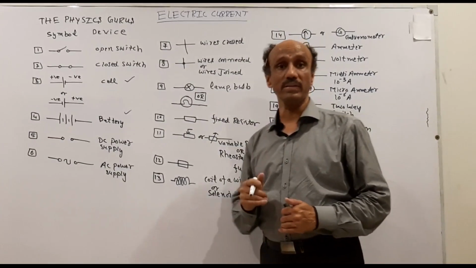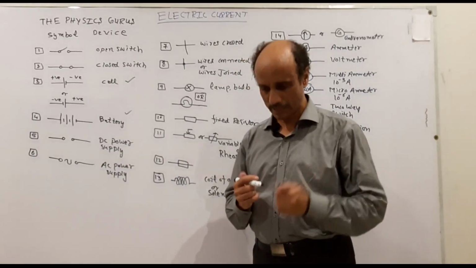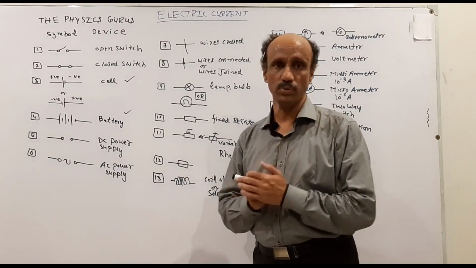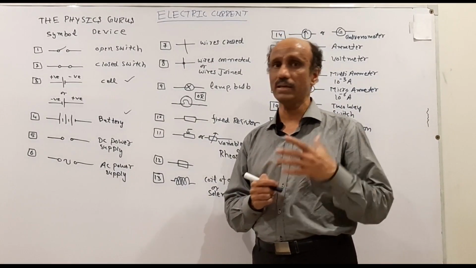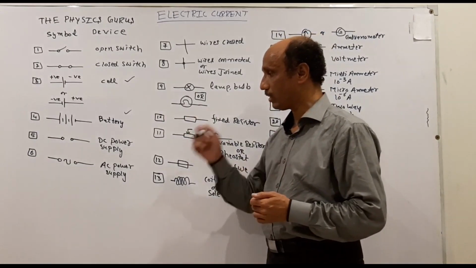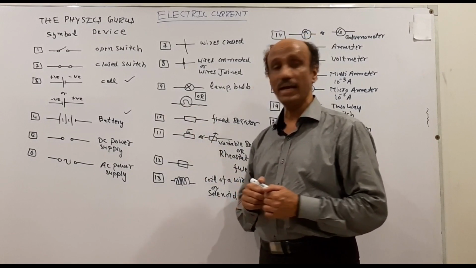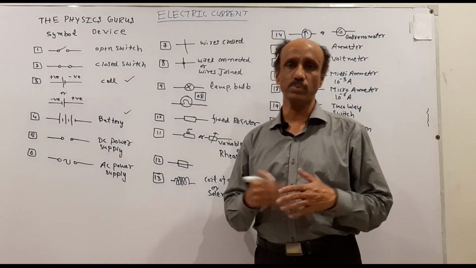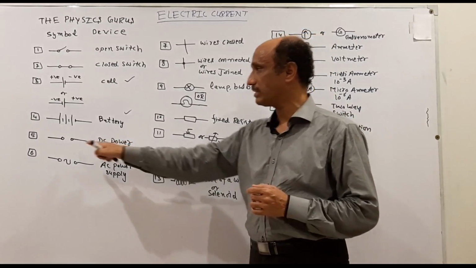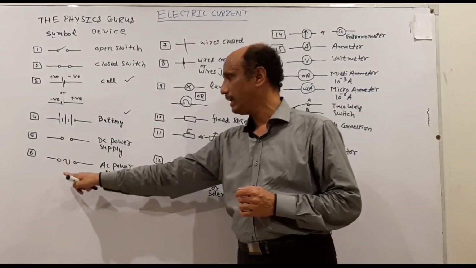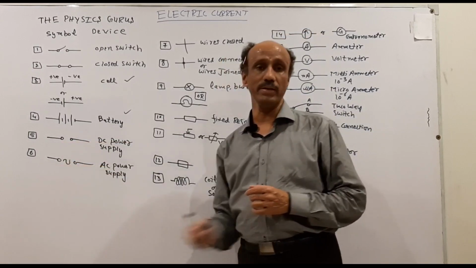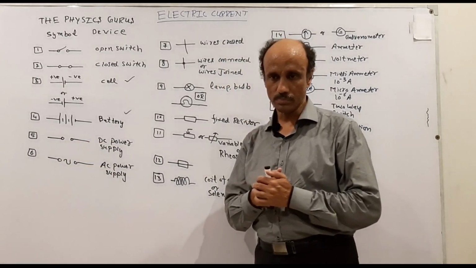Now there are two power supplies. Just like we talk about the charger of the mobile phone, that is a DC power supply, but it is a fixed power supply. On the other side, the AC power supply is the alternating current which we are using in the electrical appliances as well. So for the DC power supply we will use this symbol, and for the AC power supply we will use a sinusoidal wave between these two dots.